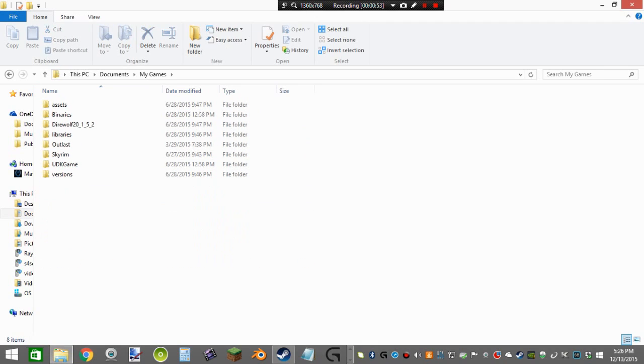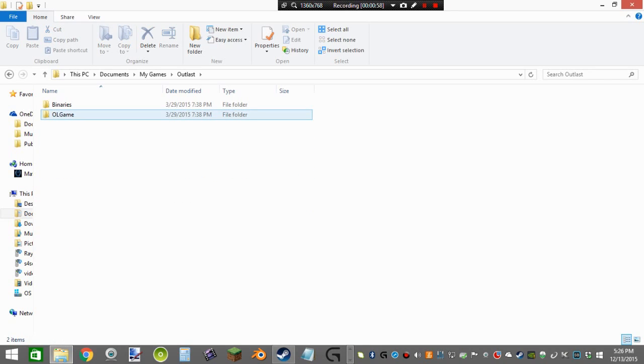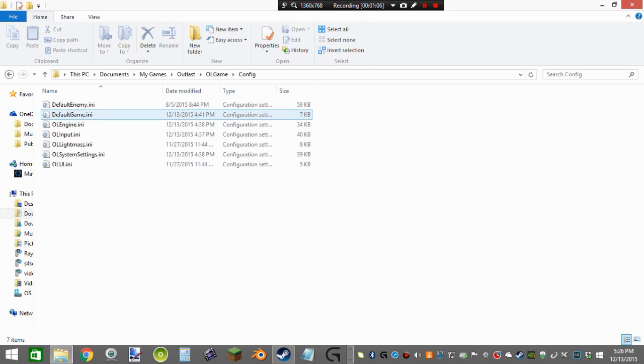From My Games we go to the Outlast folder, then into the Outlast game folder, and then into the configuration file folder. The two main documents that we're going to be focusing on in this folder are the default enemy INI